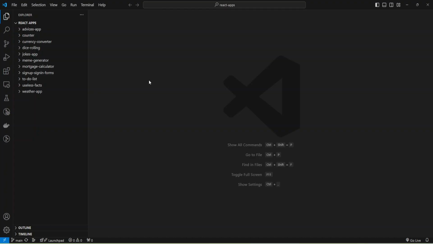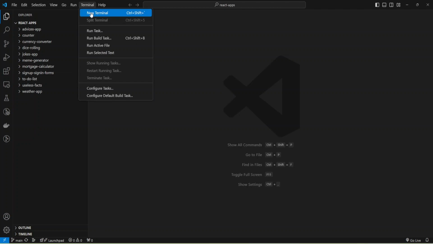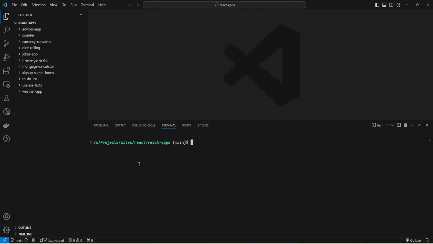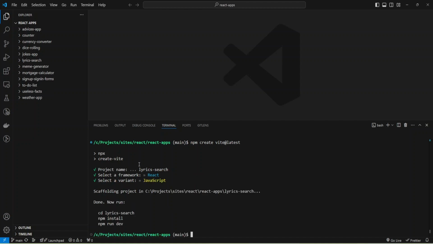I launched my Visual Studio Code and have a folder where I store my React projects, and now I'm going to run a new terminal and run the command npm create vite@latest. And now I need to provide my project name, and it will be lyrics-search, and select React and JavaScript.